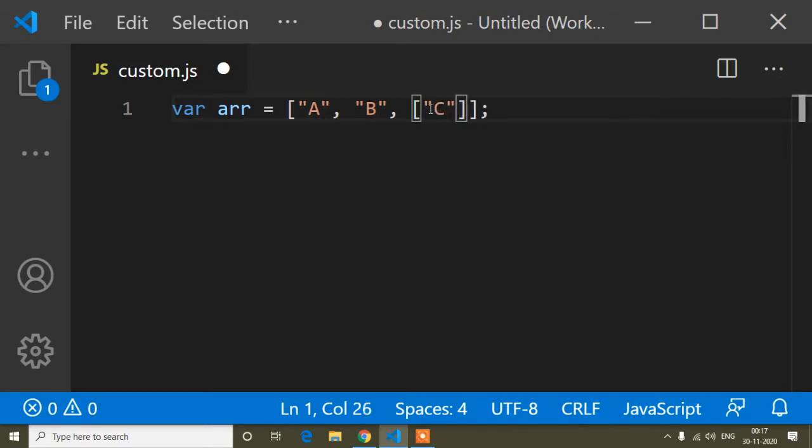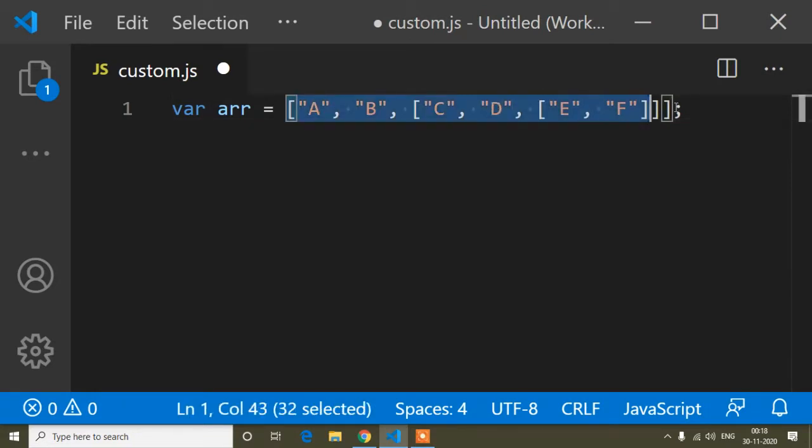You can put a different value or the same value, but here I will create a sub array to show the example. And now d, and then again I will create another sub array inside this array, and suppose I put another two values here, but you can put as per your choice.